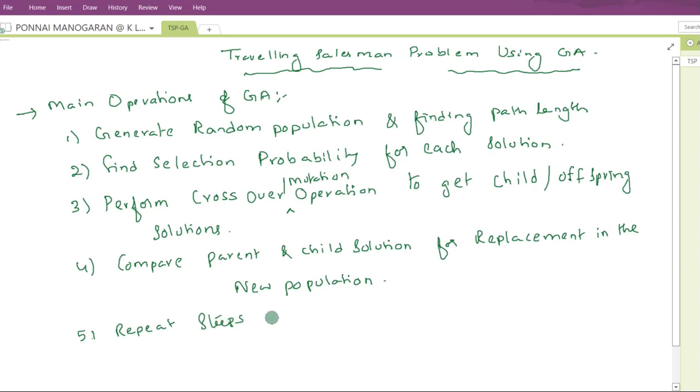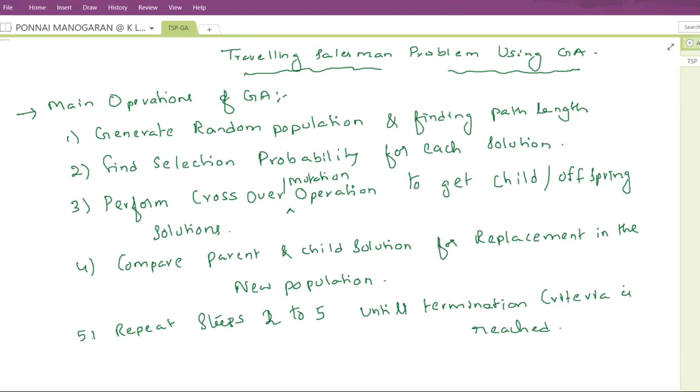Now repeat the steps 2 to 5 until termination criteria is reached. Until termination criteria is reached, you have to repeat these steps. So for genetic algorithm,